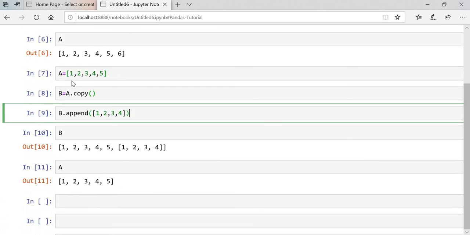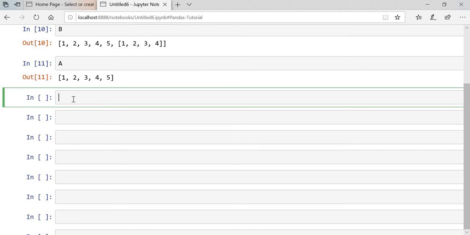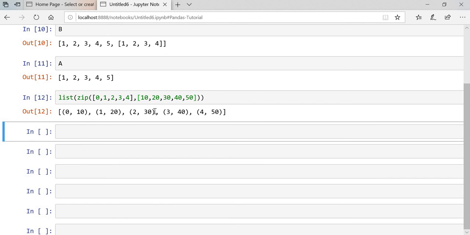Now we'll see how the zip function works. In the zip function, whatever we zip, we put in the list. We'll create two lists over here. When you execute, you will get this data.